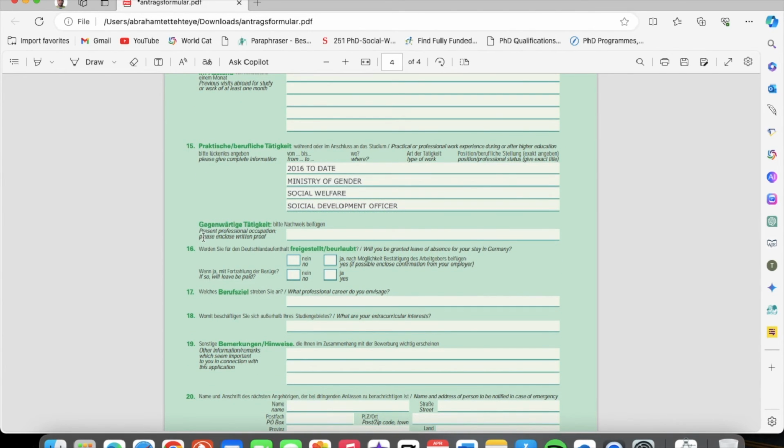Okay, so then the next part says present professional occupation. Please enclose written proof. Okay, so I repeat here, social development officer, and then just make sure that as part of your documents you upload your letter of employment. Okay, always make sure to add that as part of your documentations when you are submitting this form to the